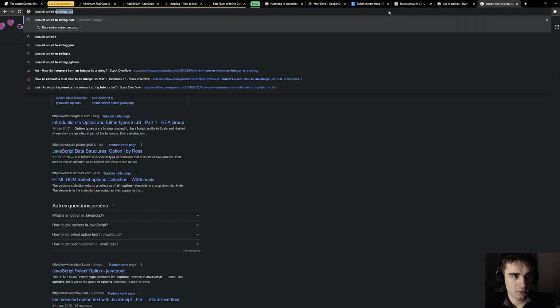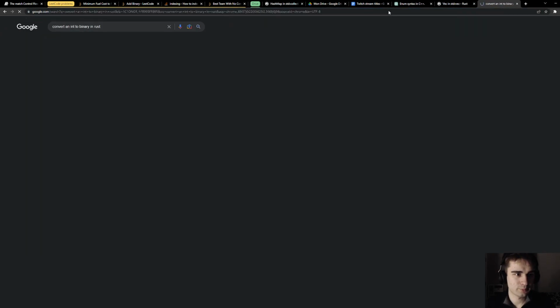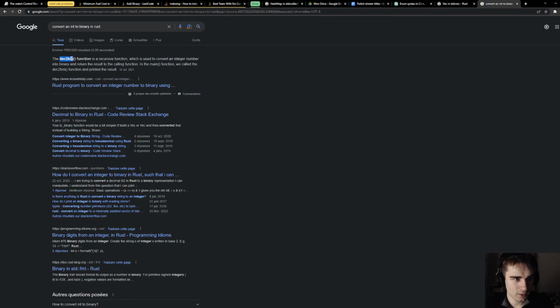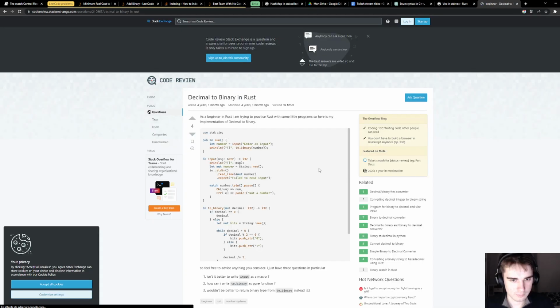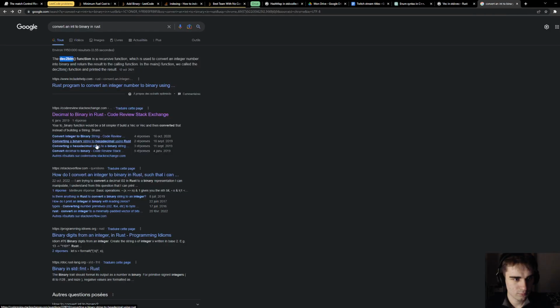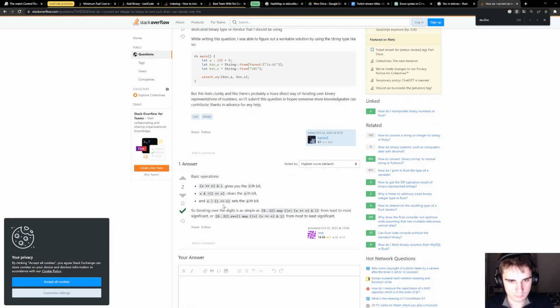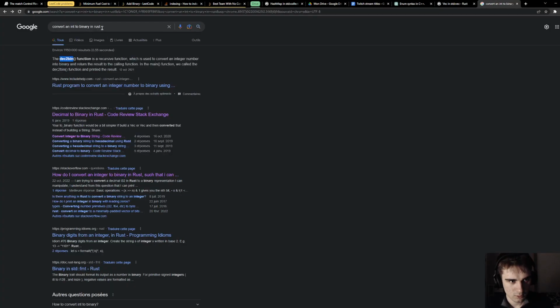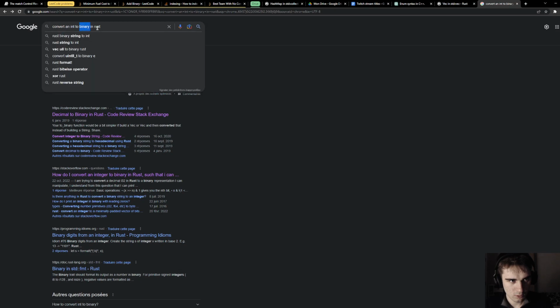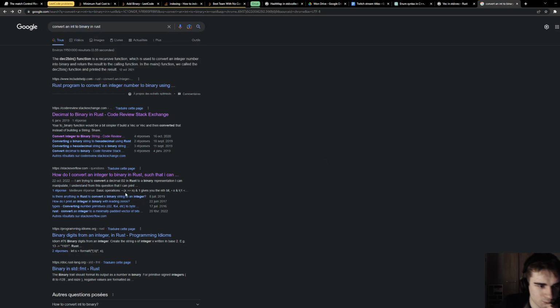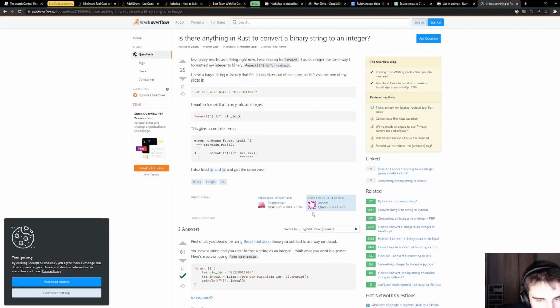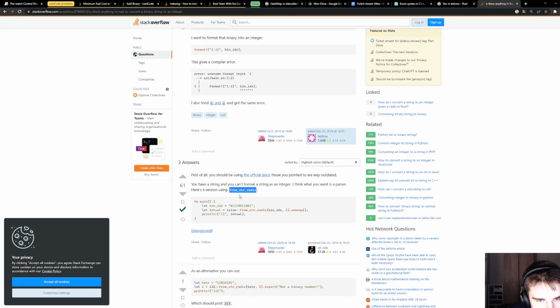Convert an int to binary in Rust. Dec to bin. To... dot unwrap.